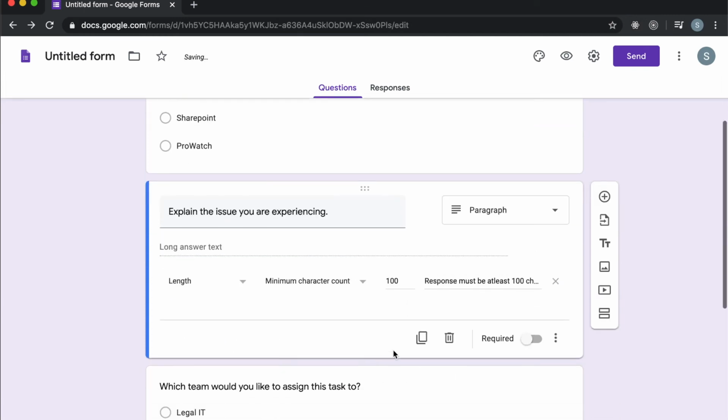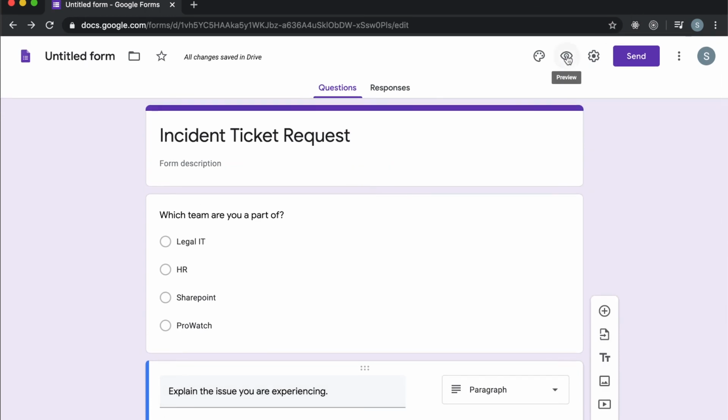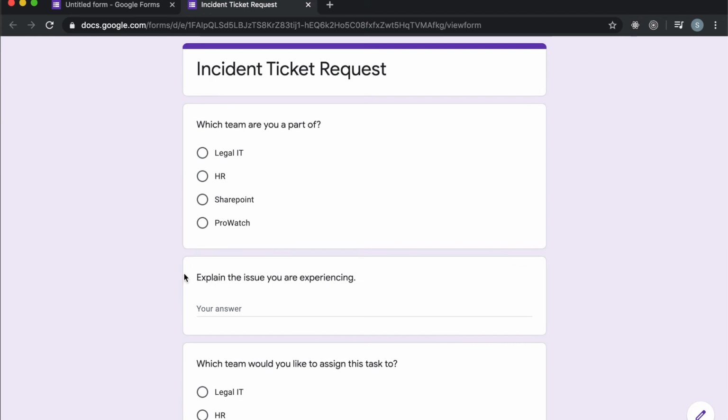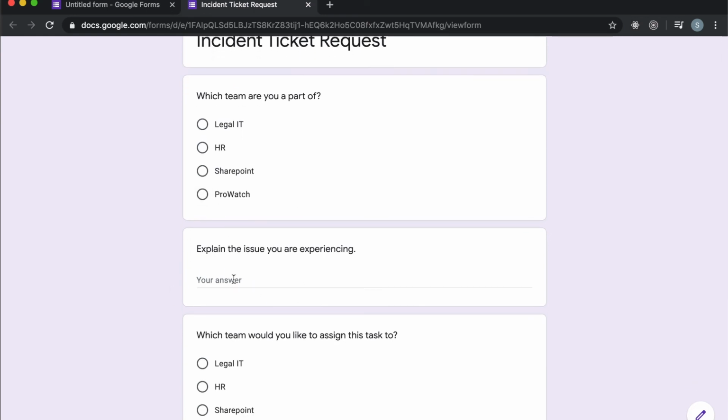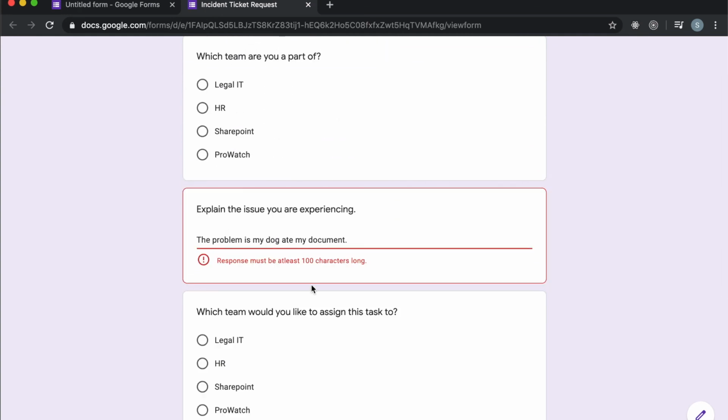So now we have our response validation added, and now to check that it's working, we can go up here to this eye icon and click to preview. Now, let's say we want to start typing in a response. The problem is my dog ate my document. How about that? Now, if we click submit, we'll get an error saying response must be at least 100